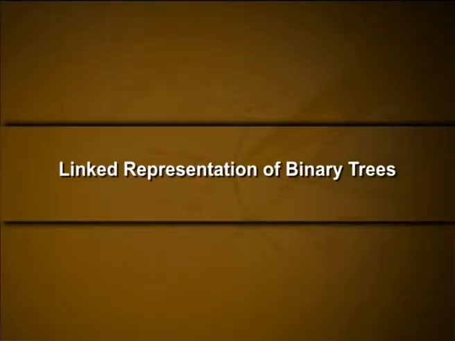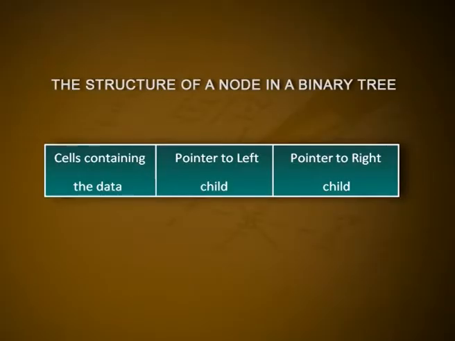Linked representation of binary trees. Binary trees can be represented by links in which each node contains the address of the left child and the right child. The leaf node contains null value in its link fields since there is no child to a leaf. Some nodes other than leaf node contain a null value in their left or right link field to indicate that the corresponding child of that node will be empty.